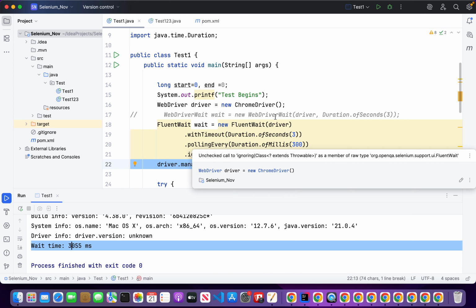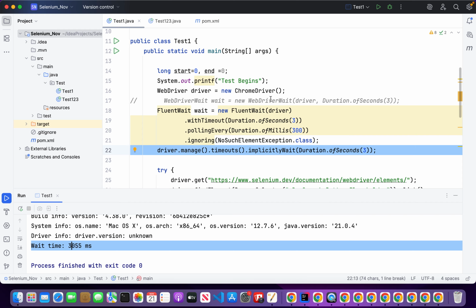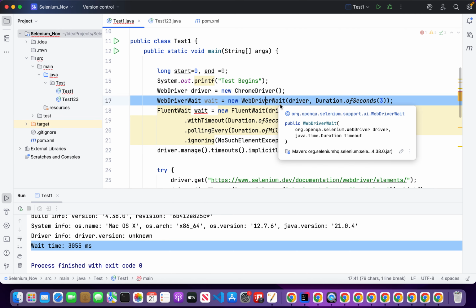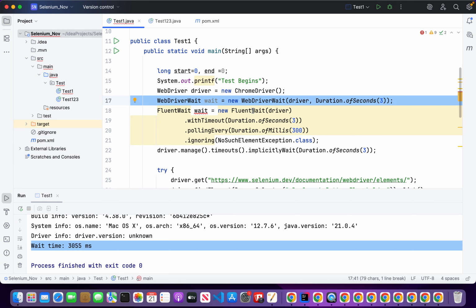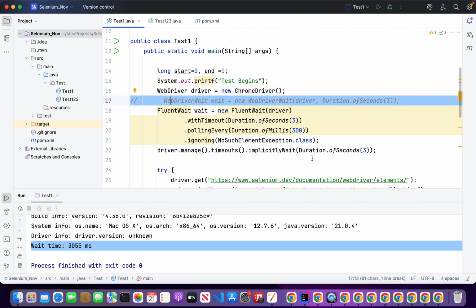So here we've seen the three different types of waits. Just remember that when you are using waits, it increases the time of your testing, of your regression cycles. So your waits should be there only when it is required. It should be there with correct conditions. You should not combine implicit and explicit waits with huge numbers. Like here, if you have 10 seconds and then you're looking for 15 seconds, it will cause a lot of